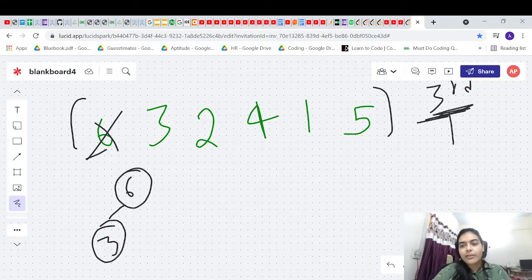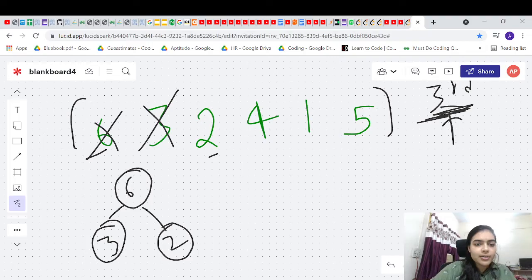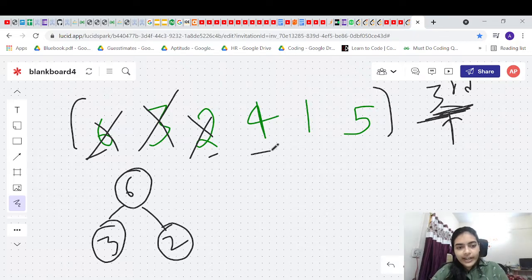Right now I have to put 3 elements, right? Then only I'll get the third smallest. Okay, next I will see 2. I will put 2 in the max heap. Max heap means the topmost element will always be greater than the elements below it. Okay, now let's go to the next element, 4.